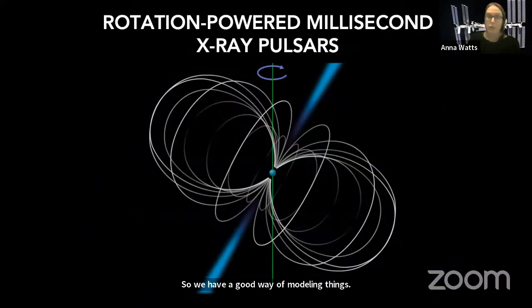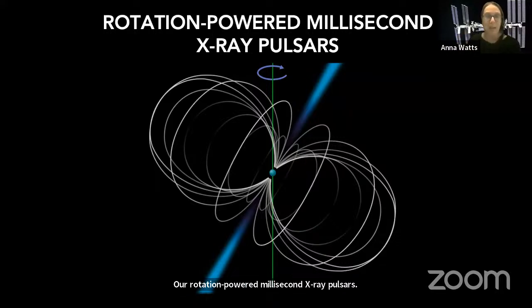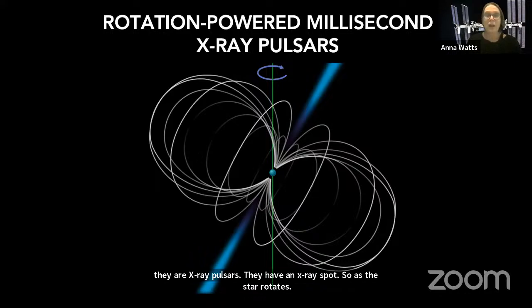The type of neutron stars that NICER is primarily focused on to date are rotation-powered millisecond X-ray pulsars. So that's a specific type of neutron star. Basically, they are X-ray pulsars. They have an X-ray spot, so as the star rotates, it pulses due to the rotation. Basically, the hot spots are coming